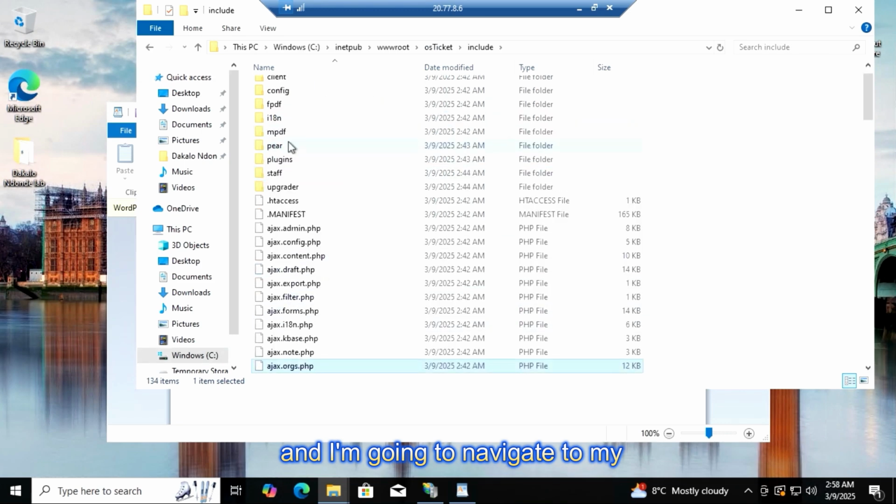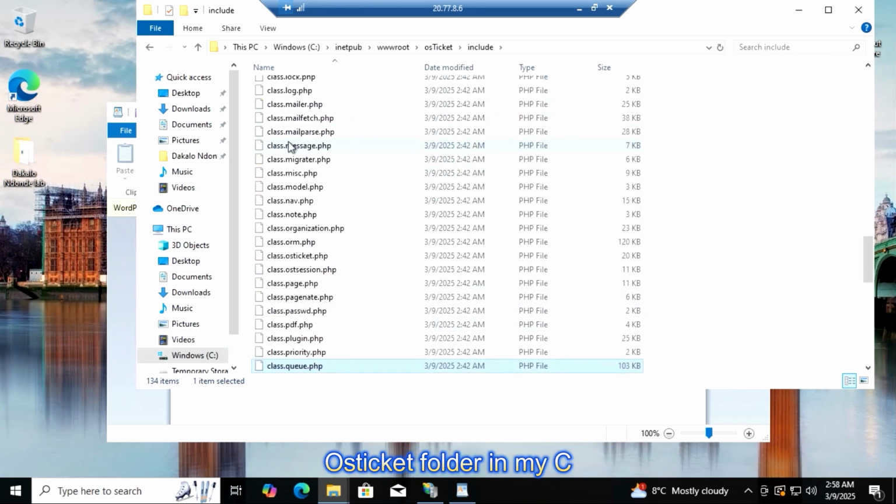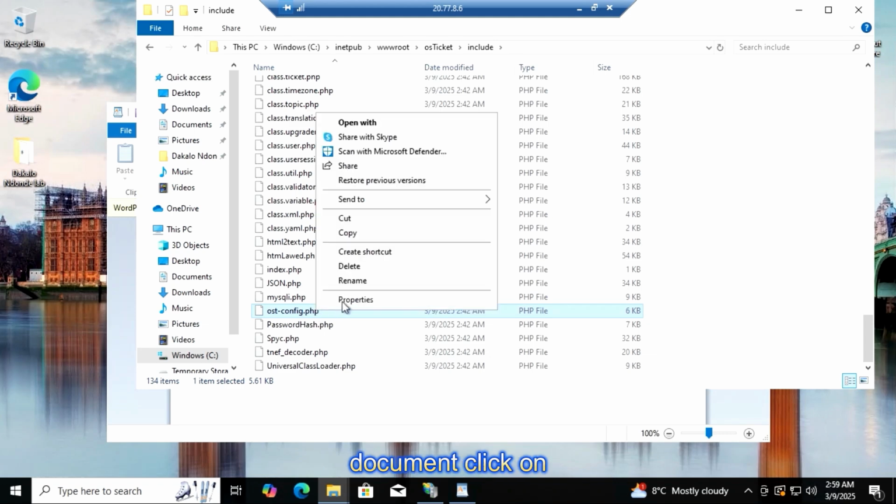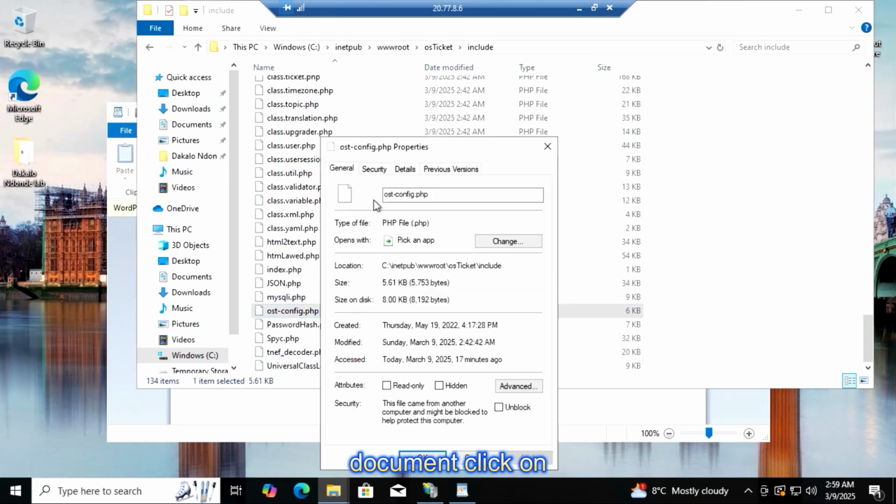And I'm going to navigate to my osTicket folder in my C drive and open the include folder and navigate to the ost-sample-config.php document and rename it to ost-config.php, and then select the document, click on properties,